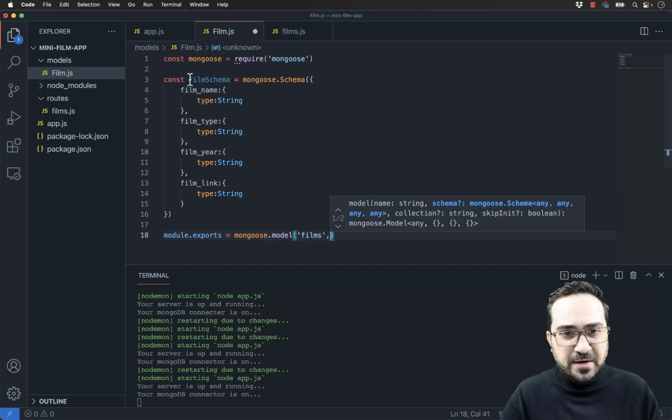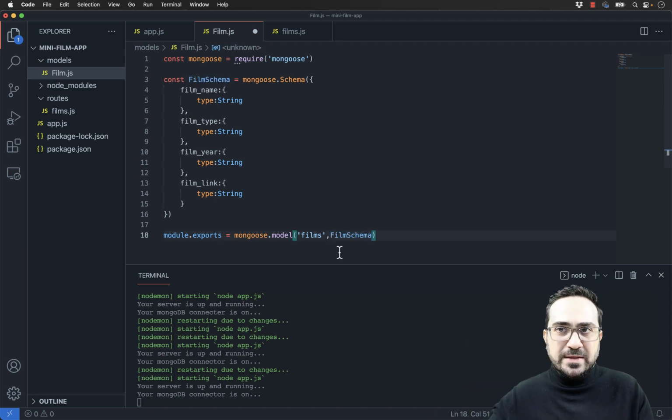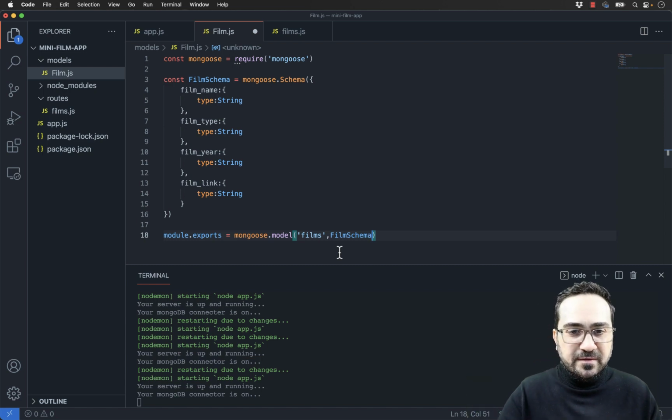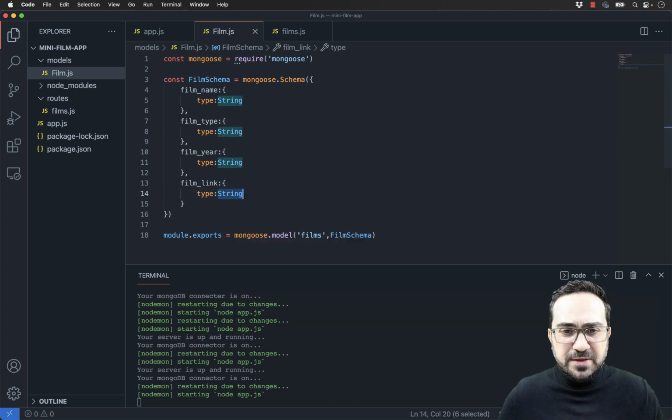And this film should refer to this film schema. Okay, so I map what I have in my database to what I expect to have in my application. It should be exactly the same schema representation. So if I have, for example, an integer in my MongoDB schema, I should have here an integer, right? Instead of a string here, I should add an integer. But for the moment, I will leave everything as string.